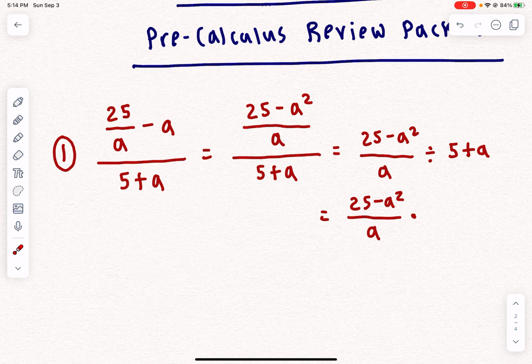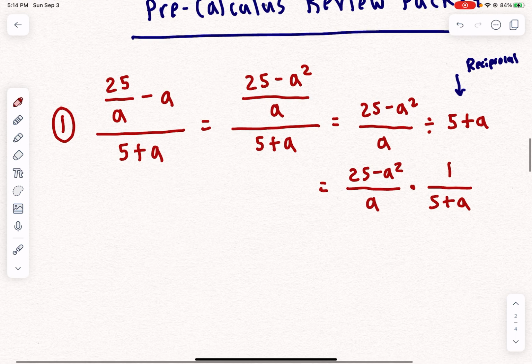And here's the most important part. We'll take the reciprocal of this, which is 1 over 5 plus a. And if we continue going, that is equal to